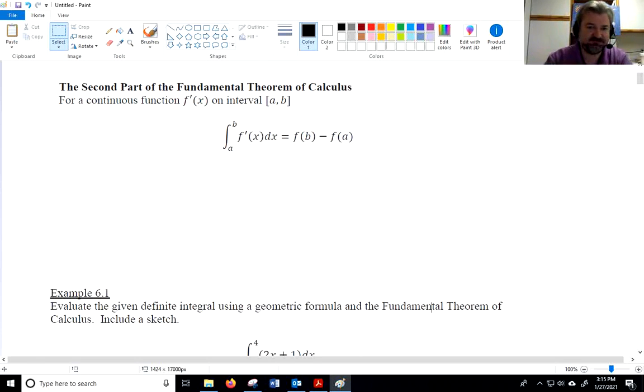your first part. The fundamental theorem of calculus says that for a continuous function f prime of x on the interval from a to b, the integral from a to b of f prime of x dx is equal to f of b minus f of a. Now, what this is saying is that if we want to find the area,